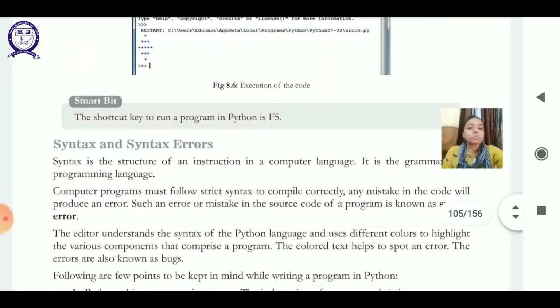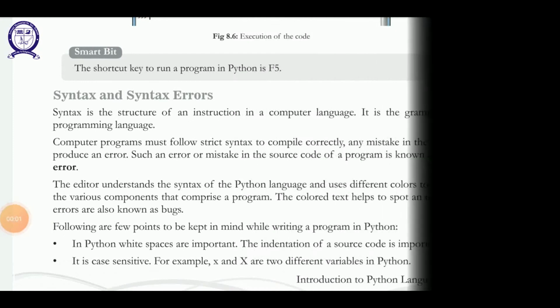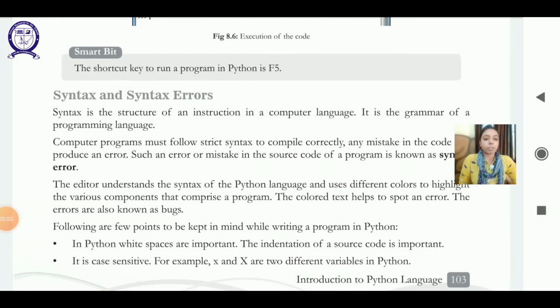After this, we know that the shortcut key to run a program in Python is F5. So now we have the syntax and the syntax errors. The syntax of any programming language is its grammar. Like in English, when we write any sentence, we take the help of tenses so that the sentence is grammatically correct.